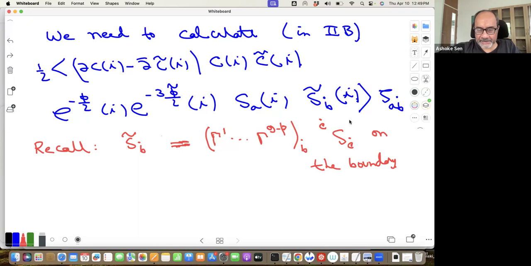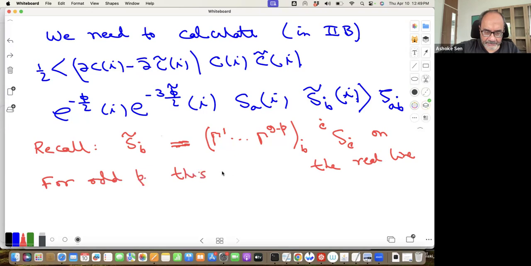Okay. And we are saying that this is a boundary condition that we have in type 2B. So in the upper half plane, the boundary condition on P-branes, this is on the real line basically going to impose. On the real line, exactly. Okay. So if P is odd, so for odd P,